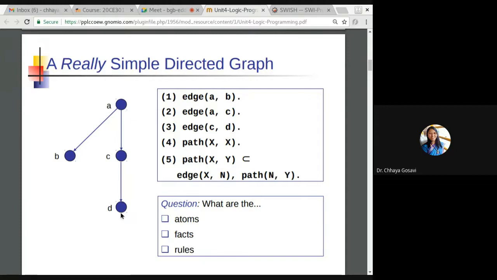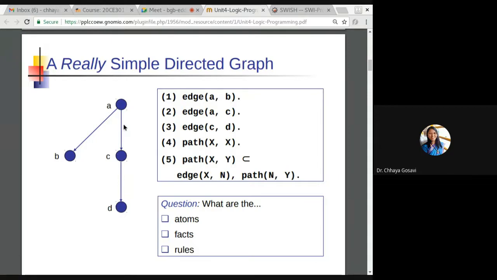We are following a recursive mode. We want to find out whether there is a path from one vertex to another vertex. So for that, this is the rule, path X to Y. We are saying that it implies that if there is a path from X to Y, there should be an edge from X to some intermediate node, and from that intermediate node, there should be a path to the terminal or destination. So for example, A to D, is there a path from A to D?